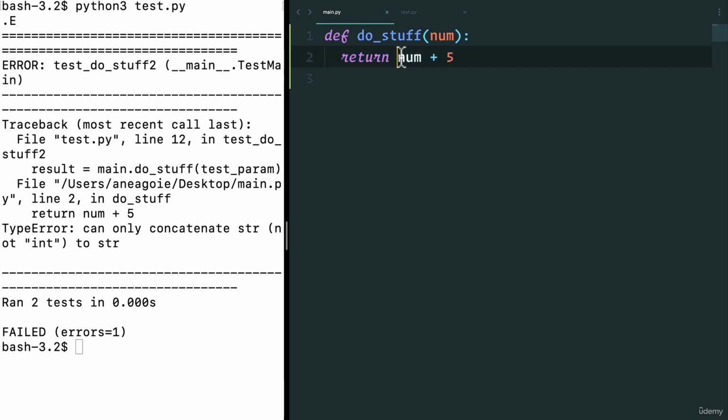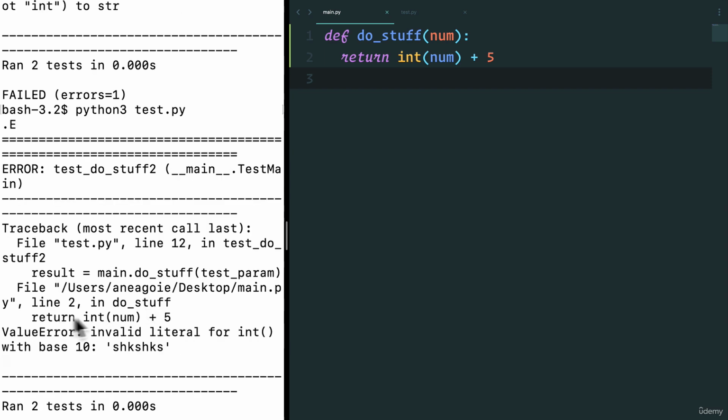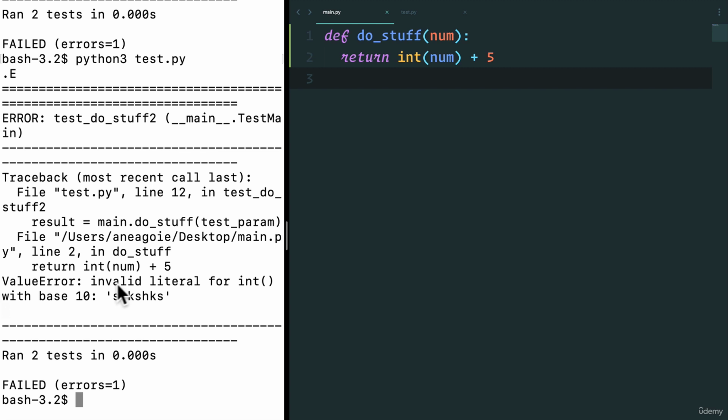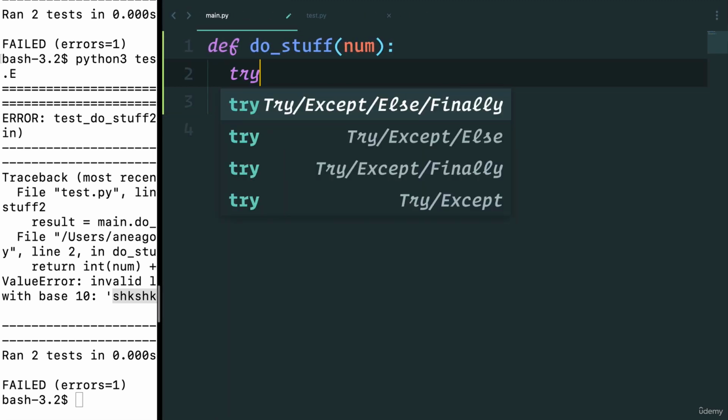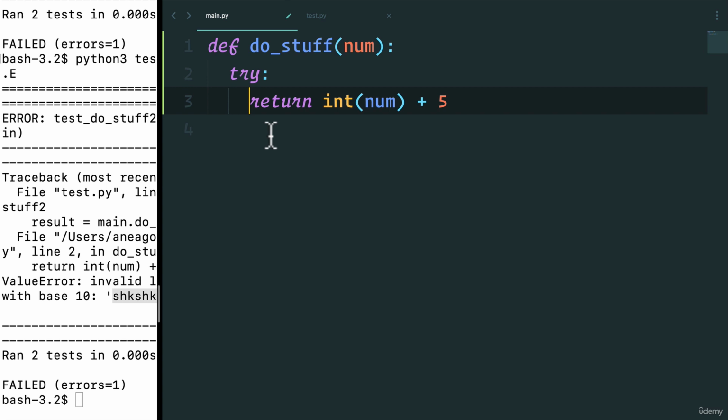So the first thing I can do is just say int number. And if I save that to make sure that we convert something to an integer, and I run this, all right, now I get a value error, invalid literal. So int can't be run on this piece of string. Okay, so another thing we can do to improve our code is to wrap it in a try except block,